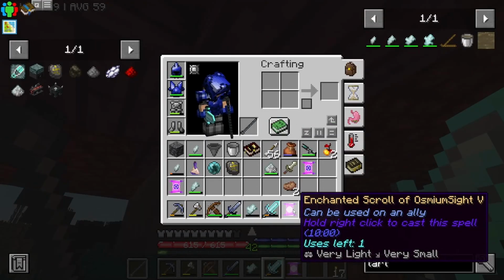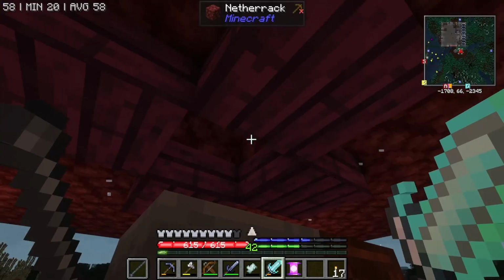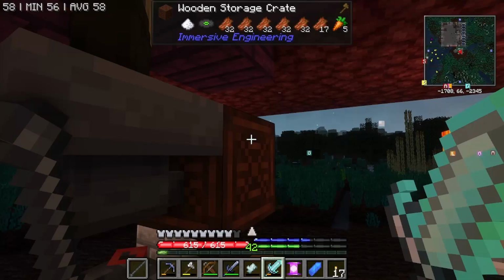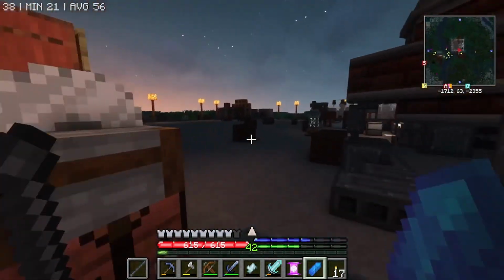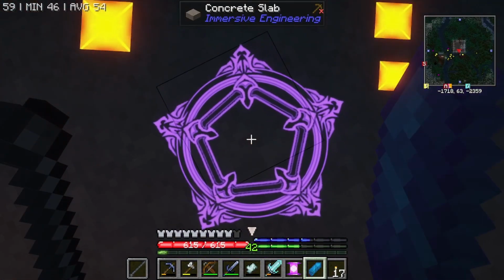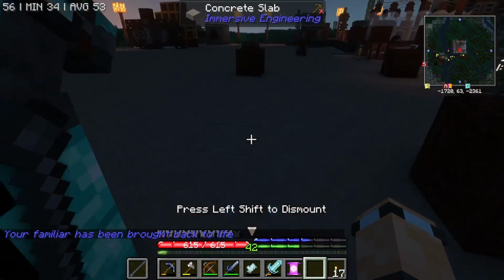Ooh, hello. Osmium sight. We've got a coal sight and blast resistance. It's not bad. We also got this, a familiar stone. So I don't know what this does, but maybe we should go over here. This is from Corail. This is because we've been... Is this our...